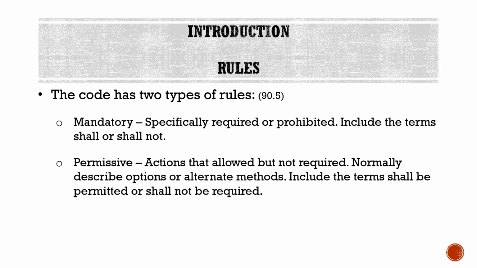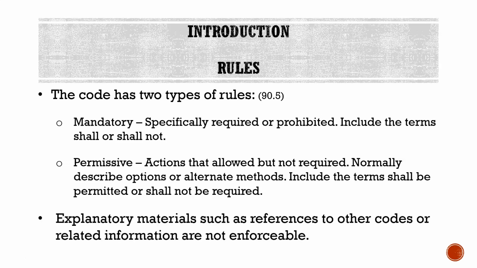This means that if you see this, typically as it says here, it is going to be an alternate installation method to the mandatory rule. So it's kind of a plan B if you don't want to follow the original rule specified in the mandatory. In that situation, you'd have the option of the original mandatory rule or the permissive rule. And then we also have explanatory materials such as references to other codes or related information, and these are